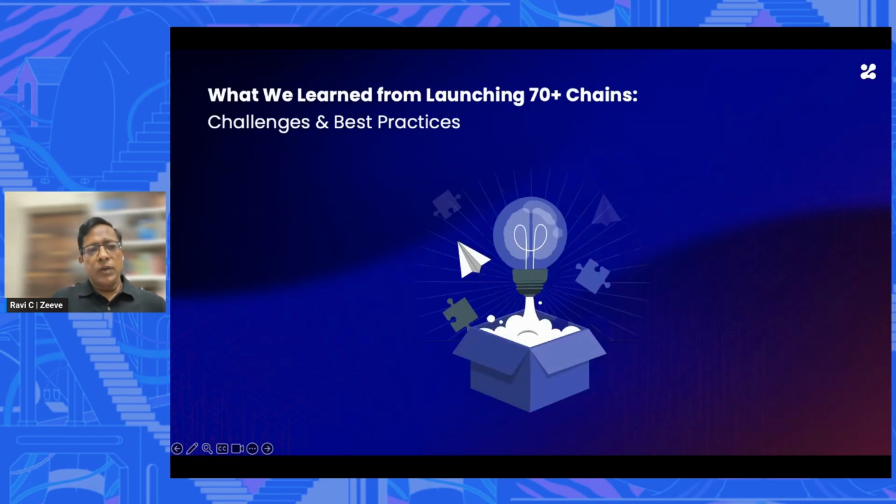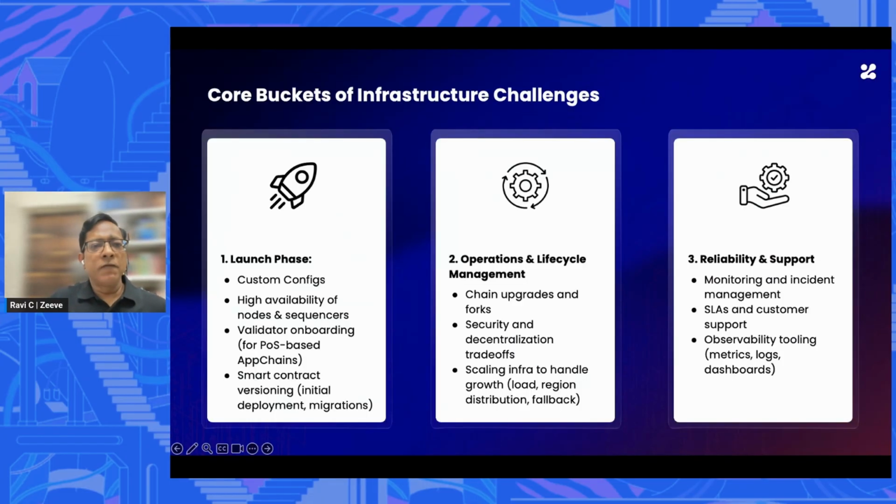So now coming to the main topic, as to what we have learned, what have been our learnings. What are the major challenges when you talk about your own app chain? Just to differentiate further, when you are launching a smart contract on a public chain, the desired infrastructure is already there. You simply need to deploy your DApp, you need to deploy your smart contracts, and you may need to use some of the third-party integrations which are already available on that public chain.